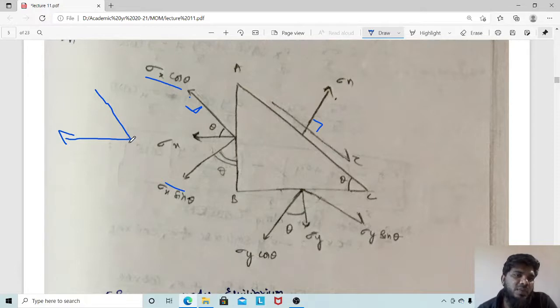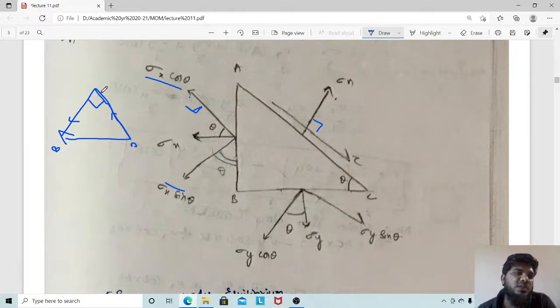Okay, so from the starting point, this is your point A. So your final point is this. However you travel, you should come back to this point. So I am traveling in this way. After that, at 90 degrees you should travel to this point. So the direction here will be this and this. So that's why for sigma x I have taken the above direction, and for sigma x sin theta I have taken this direction. I am very clear with this. So this is my start point, this is my end point. I am starting through this path. I reach this. After reaching here, I will travel through this path because I have to reach the final position, this. The only thing is that I have to travel by two perpendicular lines here.